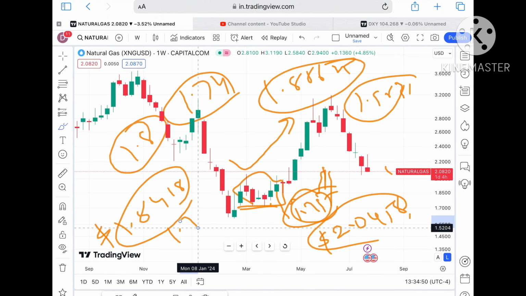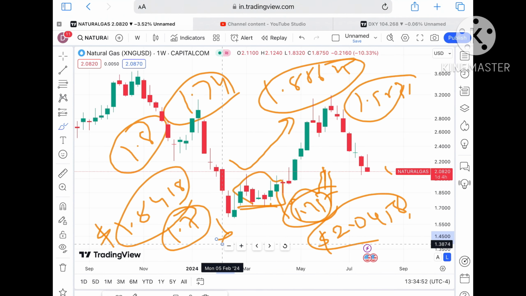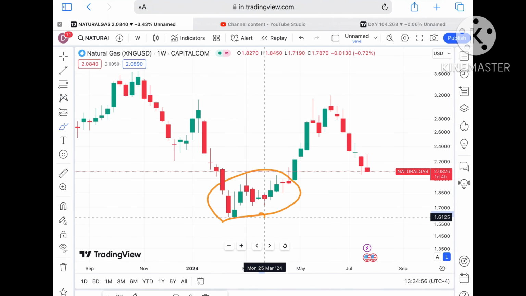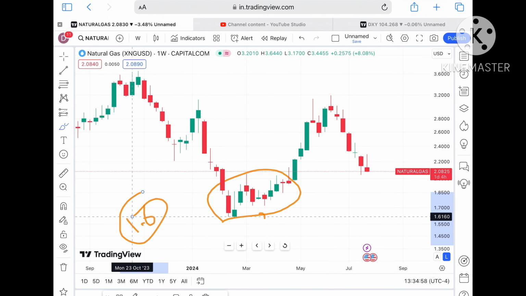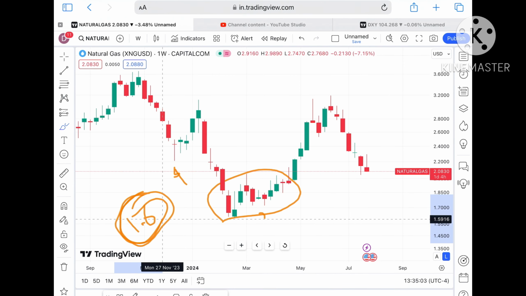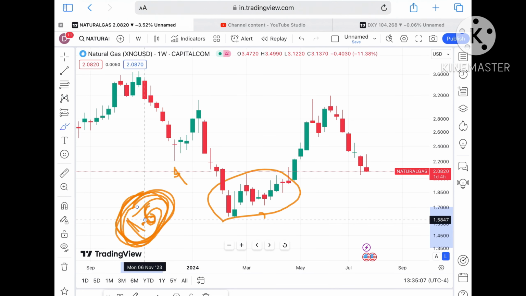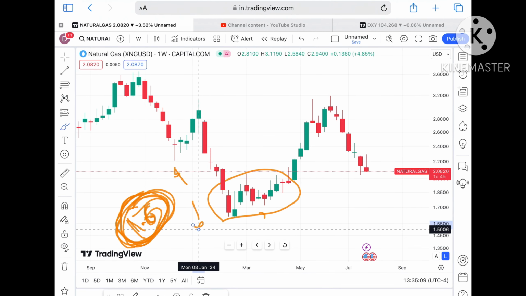So as soon as the price started falling below that level, we can see it will fall below 1.7, and then a further fall we can see. Okay, so this is the zone. If the price start not falling below a level of 1.6, we will not see a sharp fall. So if it started falling below $2, chances of touching, and this is the low 1.6. So if it started coming close to this level, we can see there will be a chance that it will fall further down.